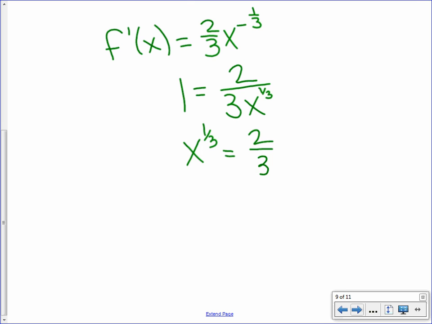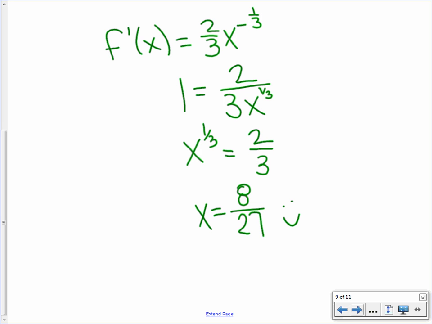Then we cube. Okay, so at x is 8/27, which is between 0 and 1, our instantaneous rate of change is the same